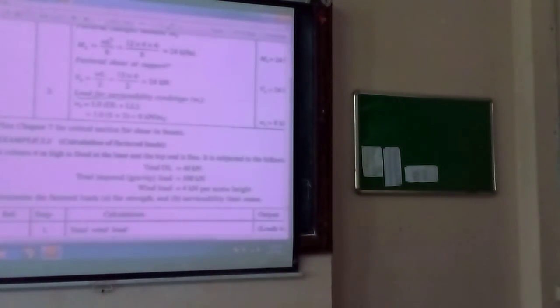Now you got how to arrive at the numbers. Okay, a small simply supported beam is given, its span is given, the live load acting on the slab is given, the thickness of the slab is given. You computed the dead weight. You consider a 1 meter wide strip of the slab. You computed dead load, live load, per 1 meter run of the slab. From that you computed the bending moment for the span of the slab, treating it as a 1 meter wide strip beam. We have computed. So now you got some idea. This was the summary of this chapter.